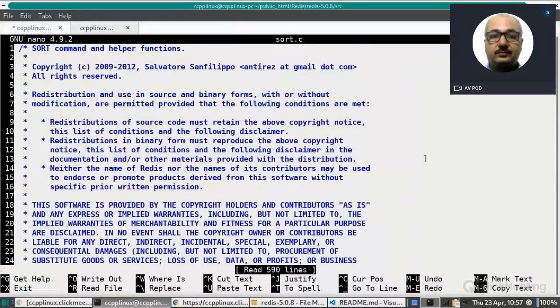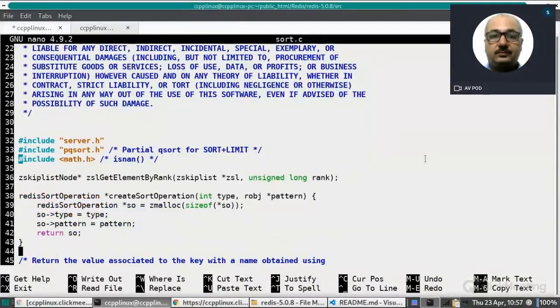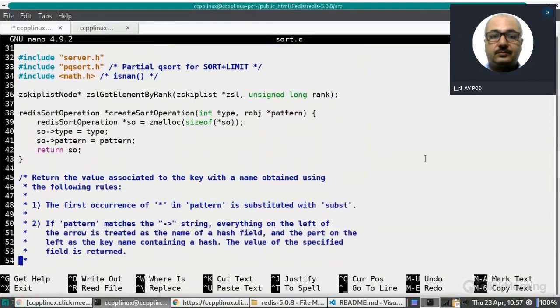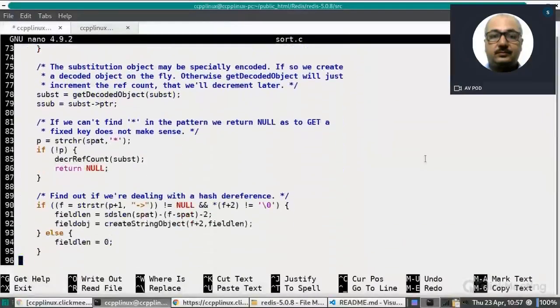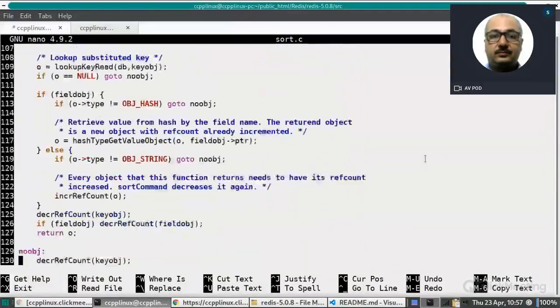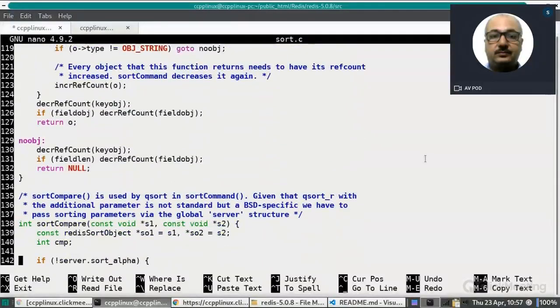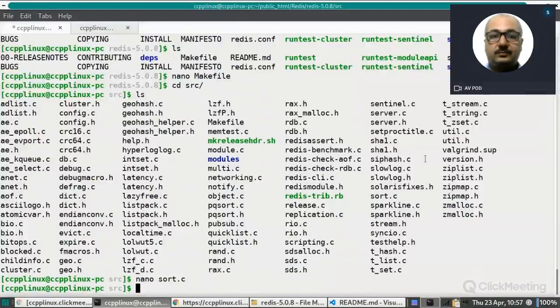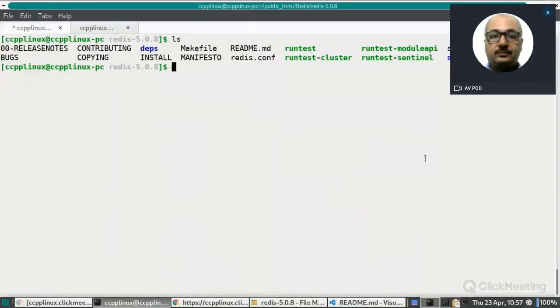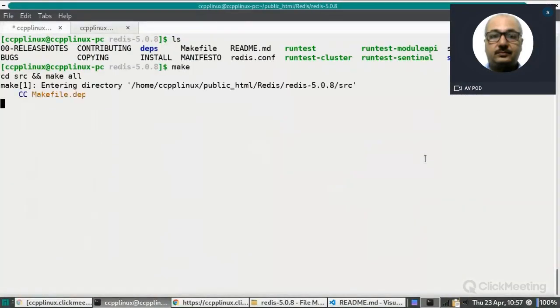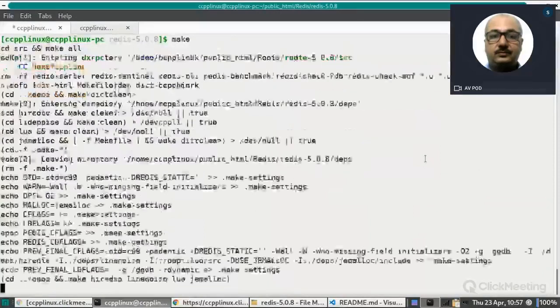Yes, this is a program of C language. It is including server.h, pqsort.h, math.h. And then this code is here. So what we have to do, we have to convert all these files into the machine code. So just go back in the main folder and here write simply make. It will take some time